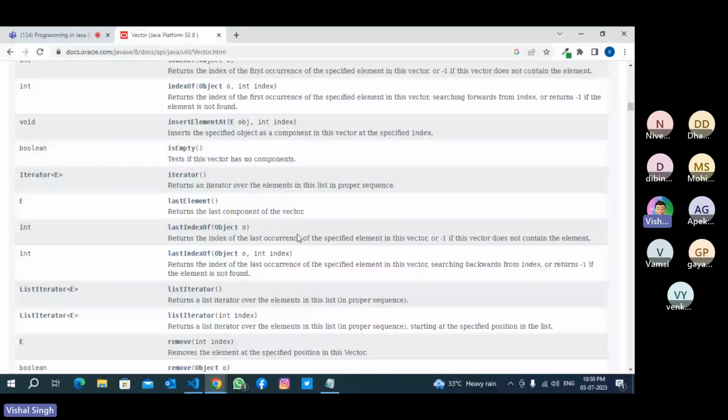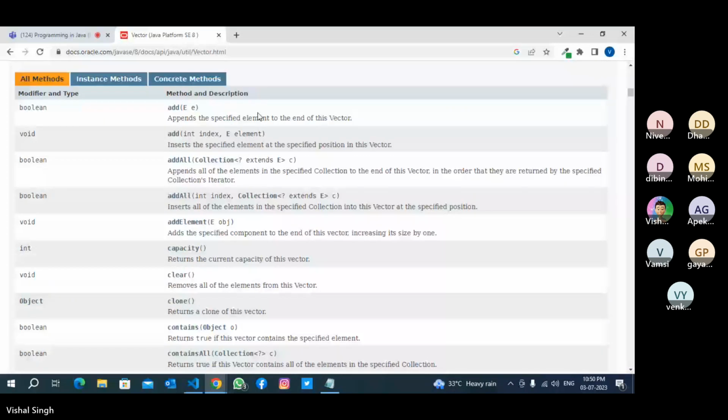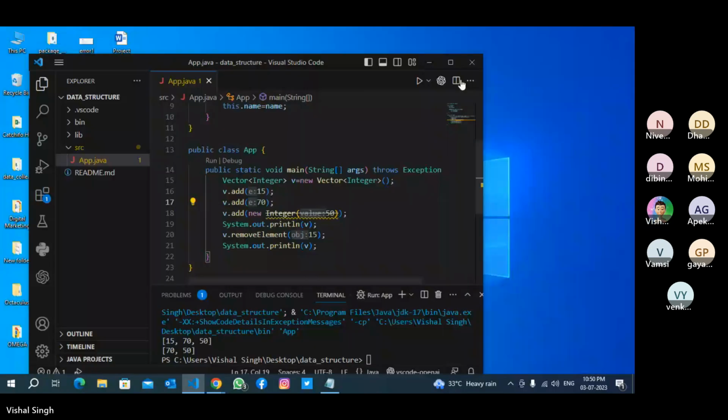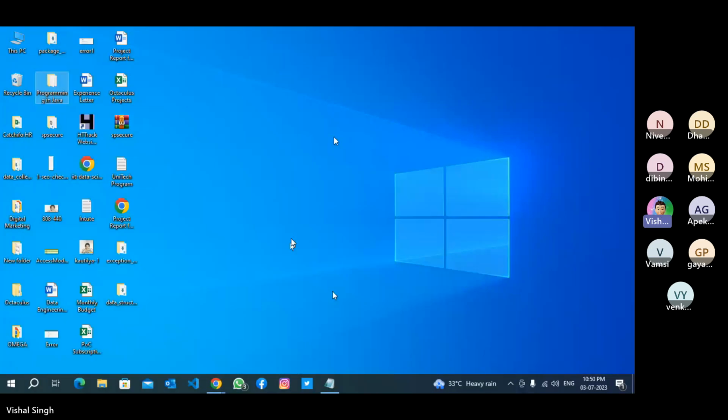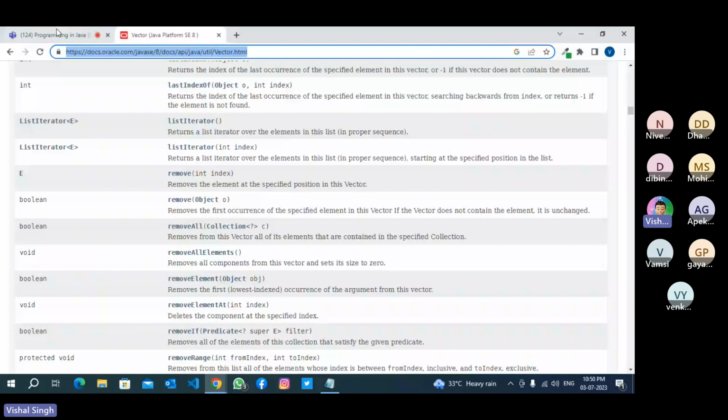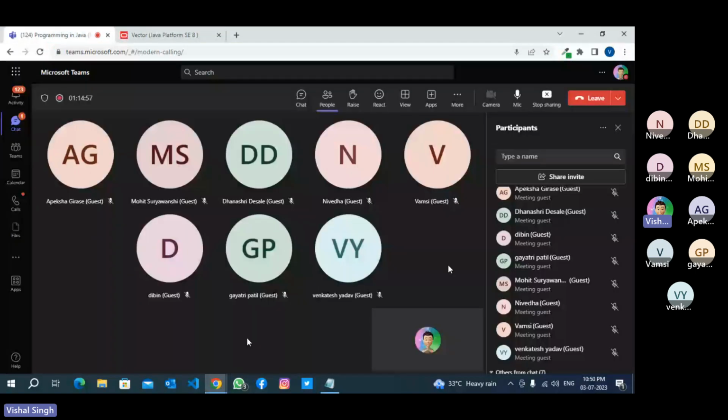That's all for today. Okay, that's all for today. So I'll share you this URL for vector and the video also for today's class. And it's also important for data science. Because these data structures we'll be using for our data science topic, like organizing or managing data. We can get the data from files. We can write objects into files also. So tomorrow in the data science topic we will cover that.